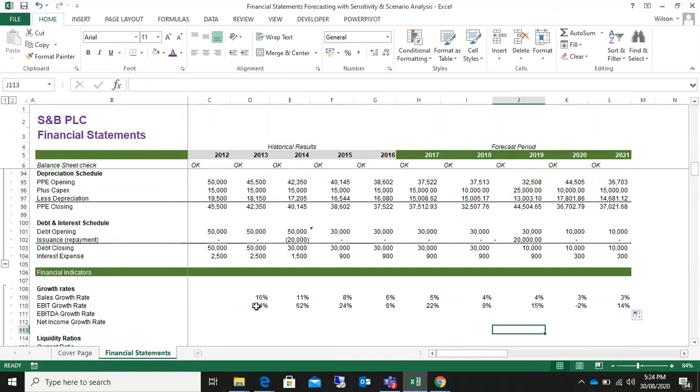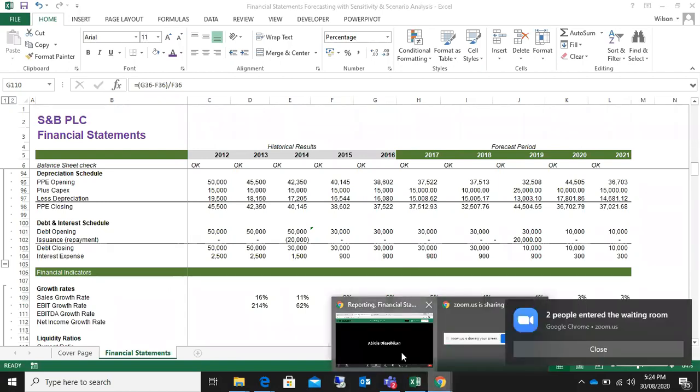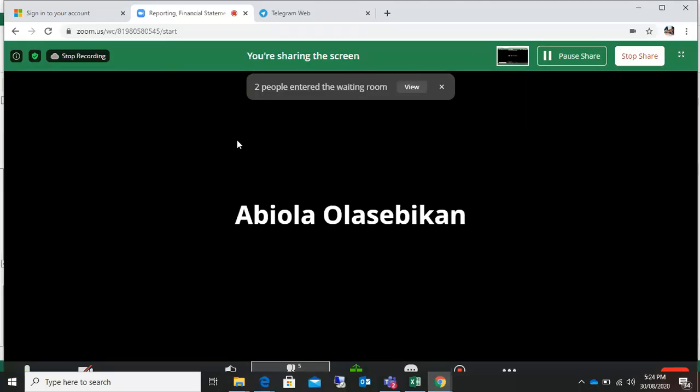We had a growth of 240% in 2013. It dropped in 2014, further dropped in 2015, and dropped in 2016. It went up between 2016, which is the last financial year ending, and the forecast of 2017. It went up in the